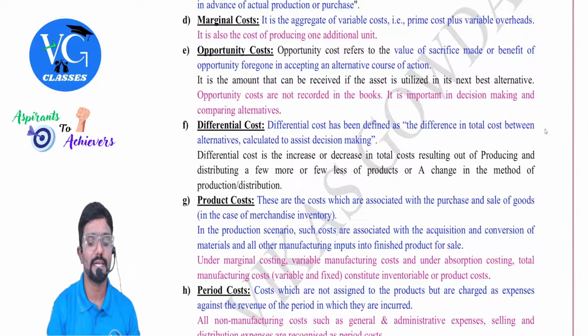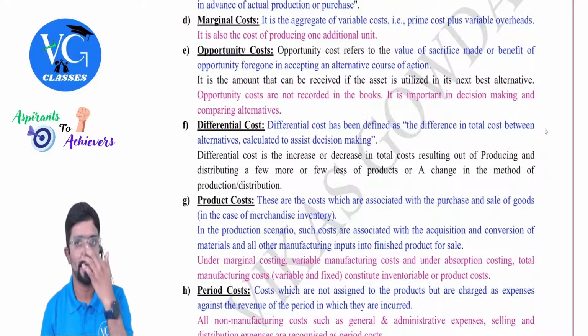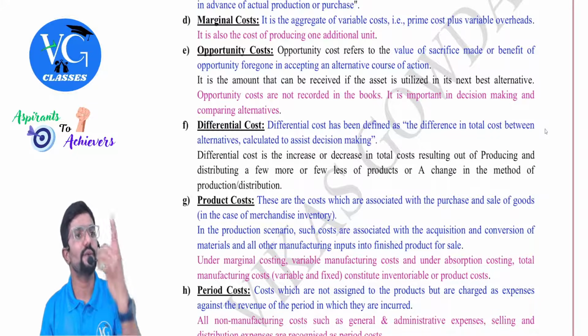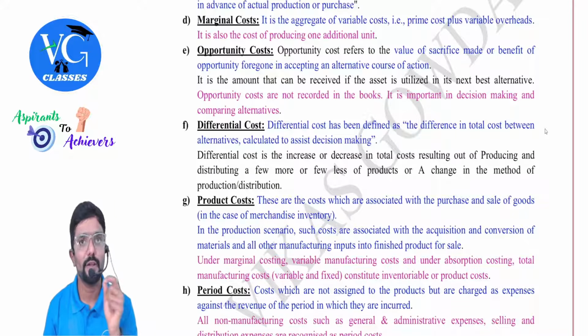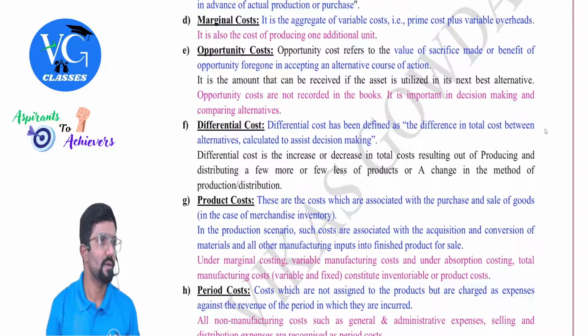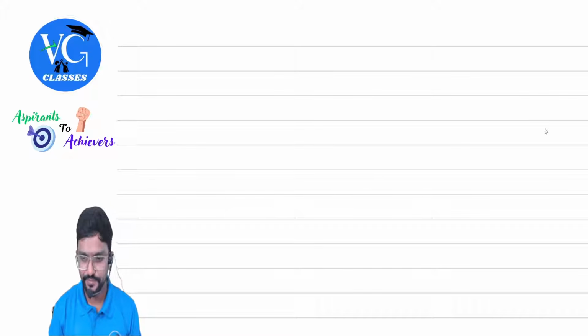Next, marginal cost. Guys, marginal cost is nothing but variable cost. Sir, what is the cost of producing one unit or even selling it? Guys, it can also be called like this. Sir, what is the cost of producing one additional unit? For example,